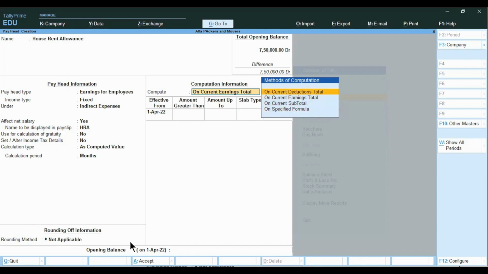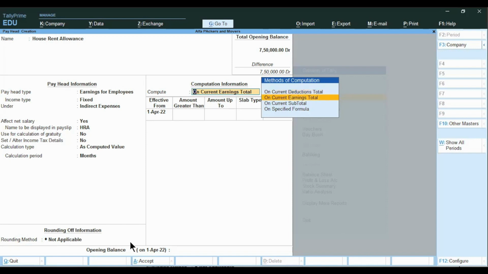First, we have basic salary, then HRA, then DA, then TA, all these things. So suppose whatever the pay head we are creating, the amount should be calculated on current deduction. Means till now how much amount got deducted, based on that deducted amount we will calculate some percentage as HRA